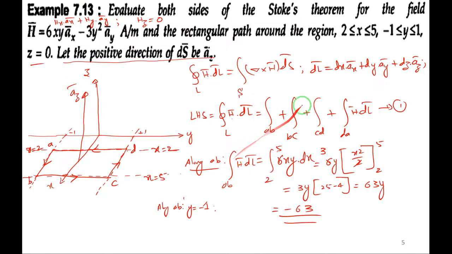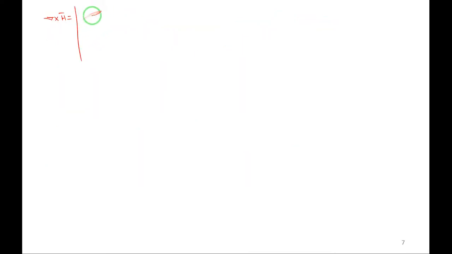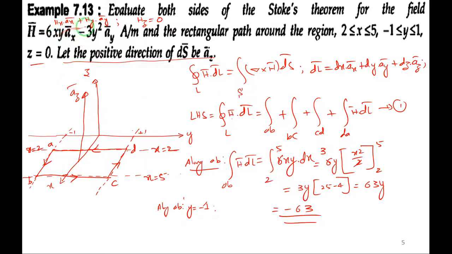Next we'll go for RHS. In RHS we have del cross H, so we'll first find out del cross H, right? So find out del cross H. So write down the formula of del cross H. In which system it is? In rectangular coordinate system. It is very easy to write the formula ax, ay, az. So dou by dou x, dou by dou y, dou by dou z. Then write down the components of H. Hx into ax, Hy into ay.